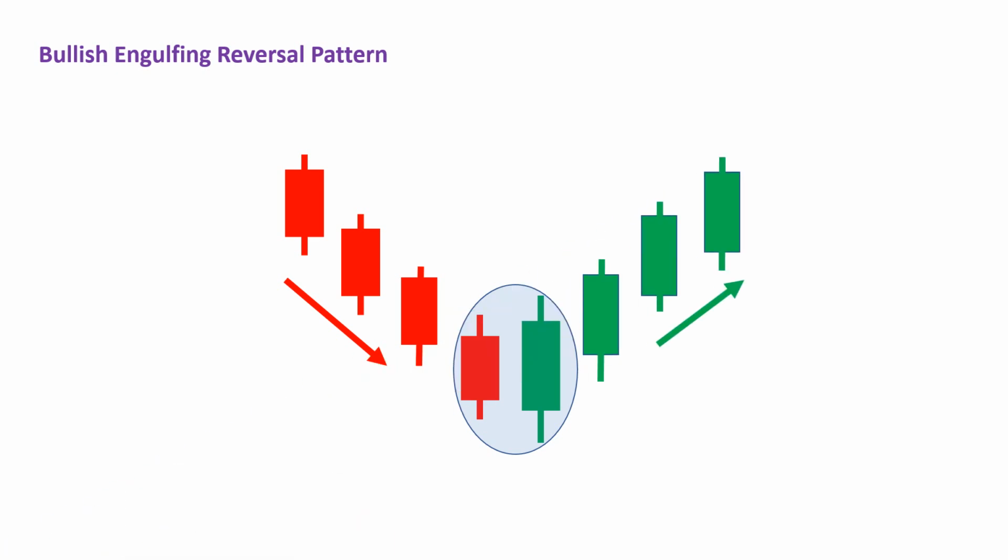This bullish sentiment is confirmed by the fact that the second candlestick closed higher than the previous candlestick's open, indicating strong buying pressure. The bullish engulfing pattern is considered a strong bullish reversal signal, especially when it occurs